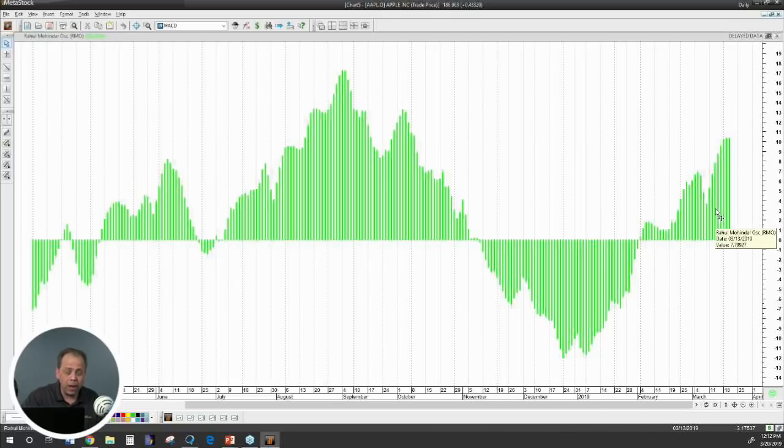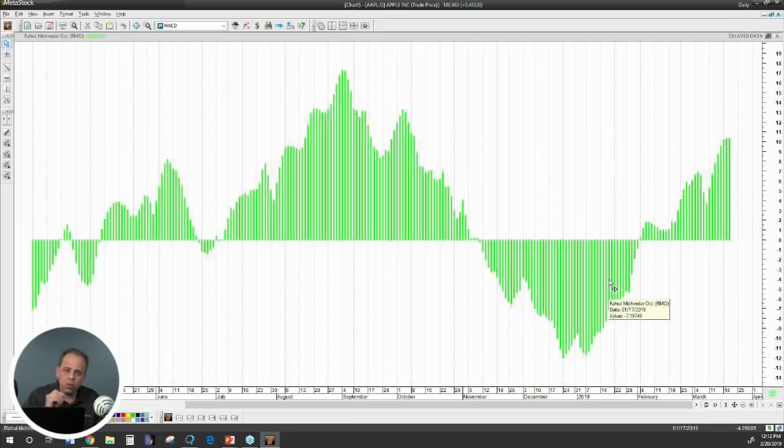So from a rule base, as long as your RMO is bullish, or above 0, we'll only be looking to go long on a security. We won't be looking to take short positions on a security. Okay. If we look back here in this November, December to February region, it was below 0, and you just reverse the rules in that case. As long as it's below 0, you'll be looking to take short positions only, and you're not permissioned to go long.